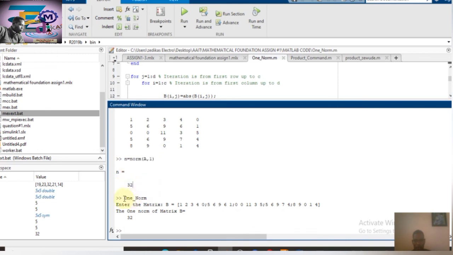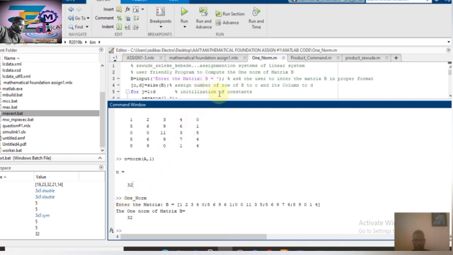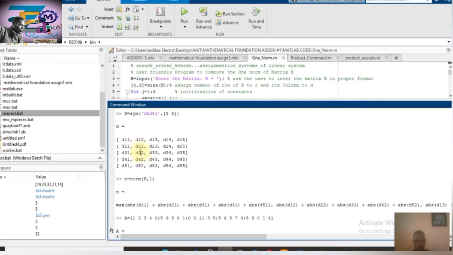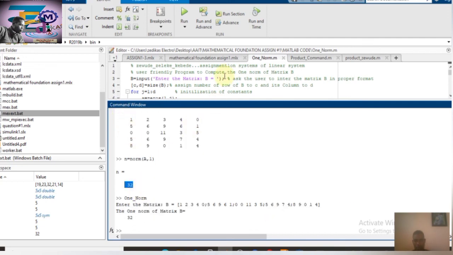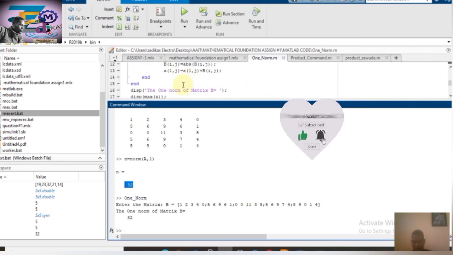The same is true when you write the algorithm in such a way and it asks you to enter the matrix size. Once you enter the size of the matrix here, it will calculate 32 for you. So 32 is equivalent to 32 here, in both cases. So in your implementation, you have two options. Either you use this way, or you write this kind of loop algorithm. So two ways are very